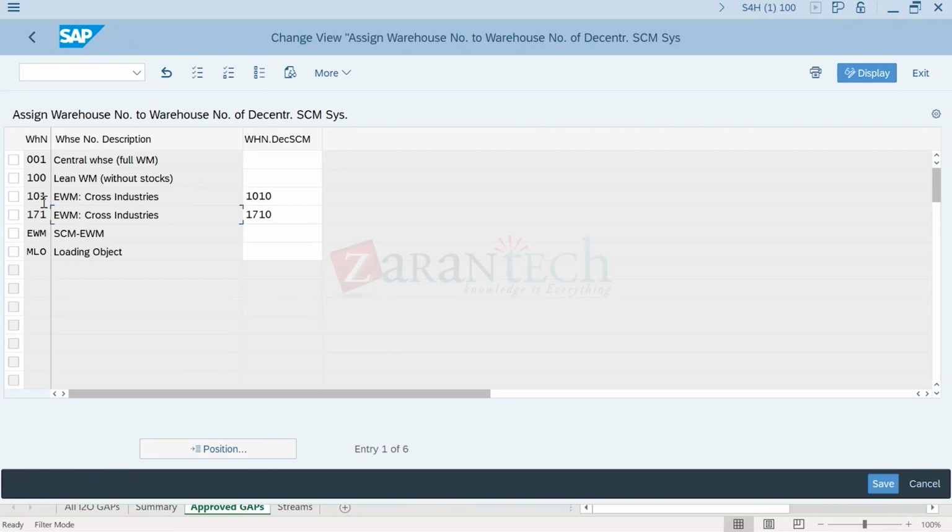You can see here now this warehouse number is mapped with the EWM warehouse number. In the EWM system, you'll have these warehouse numbers. You can see this is the 3-digit and this one is the 4-digit. These are some basic settings which you should know when you are dealing with the EWM system and